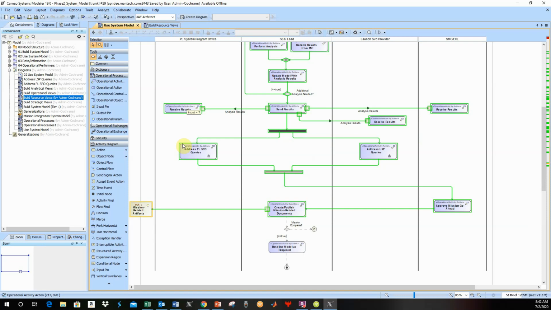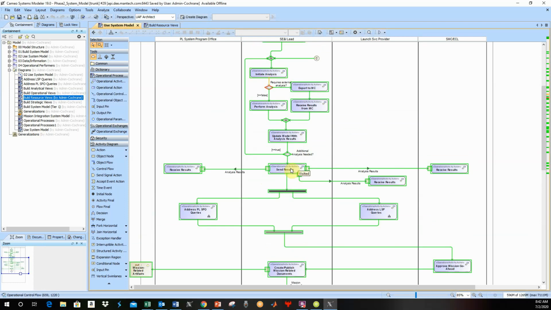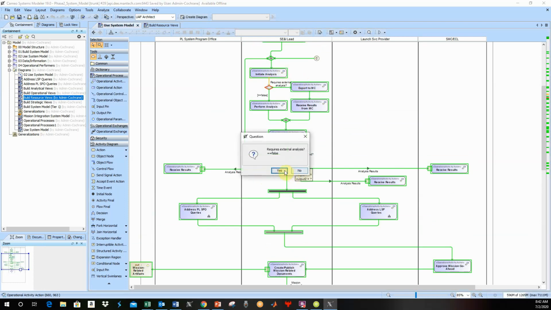We approve the mission go-ahead. The mission documents are created. Is the mission complete? We'll say no, which takes us back up to C, and we're going to say that we've done additional analysis, so no more additional analysis is needed. When it goes to sending the updated results, we're going to see if we have any